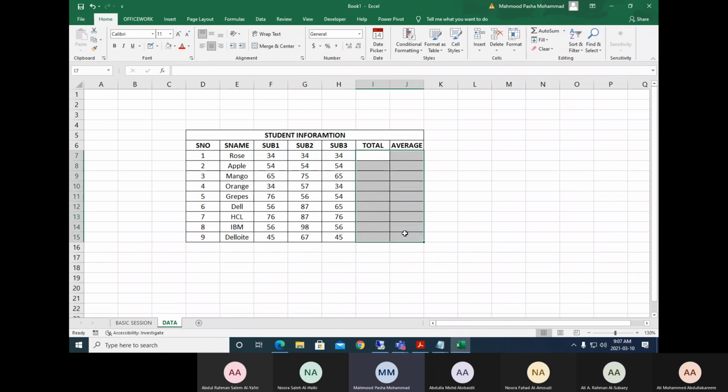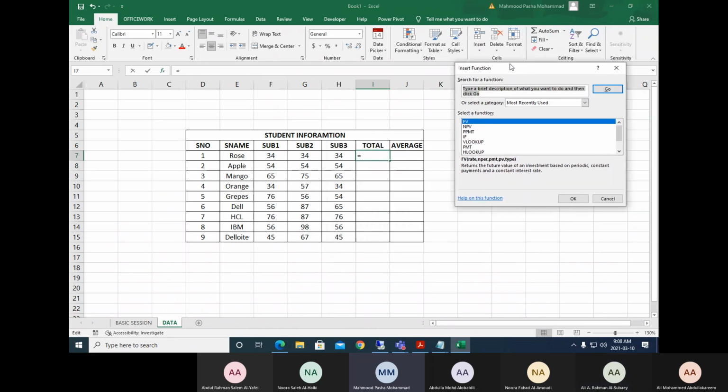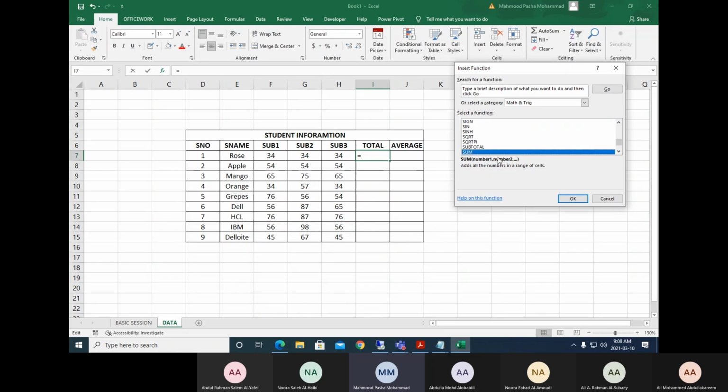Now, if I want to do the same thing with the help of formula bar, how to do? Click on this fx, insert function. Now it will open like this. Here you will be selecting what type of operation it is. Sum, correct? It is sum. So I have to use, for example, math. From this I want to take the sum function. So go to this place, sum function. I'm taking sum here. It is fine. I say okay.